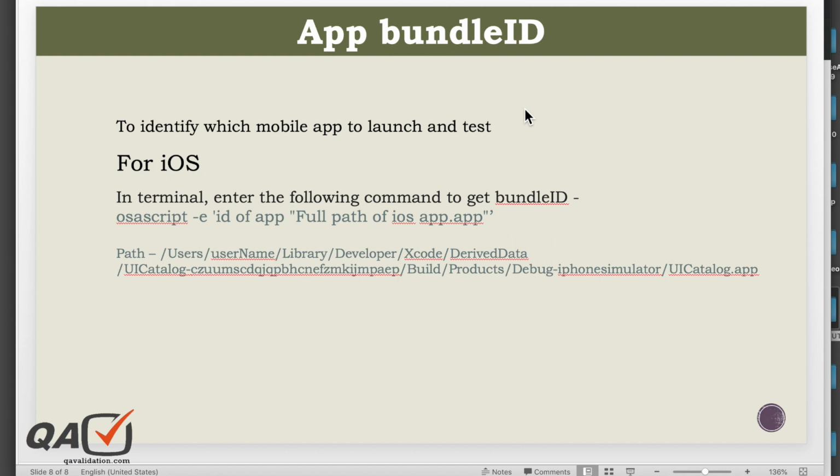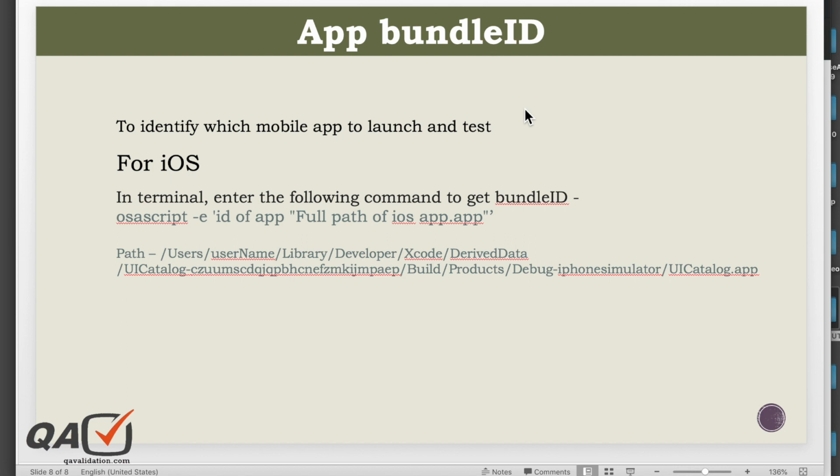Whenever your developer deploys the code into Git or somewhere, they do a build using Jenkins or any other tool, Circle CI or something, and it creates a .app file, and let's say that is hosted on Firebase. So you got the .app file. Now you have downloaded it from that site and kept it on the desktop, and it is with you. If you want to get the bundle ID, what you can do is open the